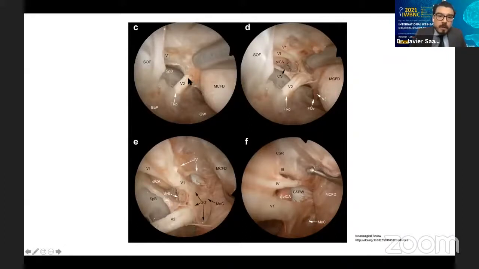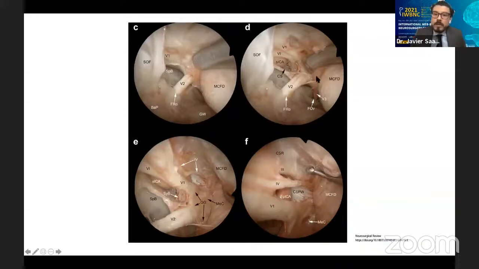Then if you keep staying extradural, you will find these structures. You will find the trigeminal nerve branches. You will have the maxillary nerve exiting through the foramen rotundum. And this is the superior orbital fissure. This is the ophthalmic nerve. And this is the greater wing of the sphenoid. And if you keep dissecting behind, if you just stay extradural or go interdural, you will get access to the other branches of the trigeminal nerve. So you can see here the ophthalmic nerve, the abducent nerve, and you will have access to the lateral wall of the cavernous sinus. And even if you go behind that, you will get access to the foramen ovale and the exit of the